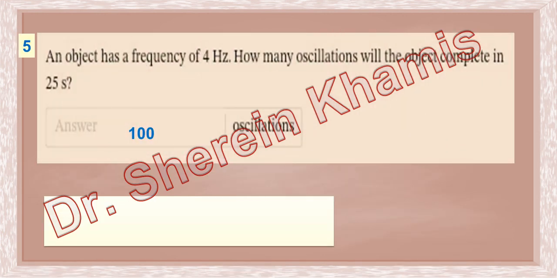Question 5 says that an object has a frequency of 4 hertz. How many oscillations will the object complete in 25 seconds? Okay, we have here the frequency and the time, so we will calculate with frequency 4 hertz and the time of all oscillations, 25